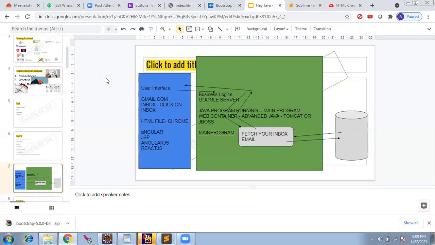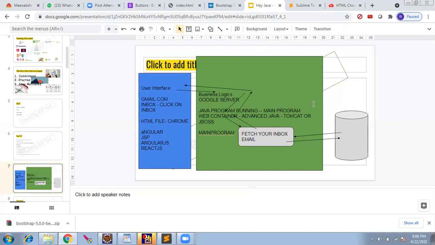Suppose you go to an ATM machine. The screen which you interact with in the machine is the user interface layer, the blue color. Whether to provide you the money or not depends on the business logic. As a user, you can type in even 10 lakhs in the machine, but you should have a sufficient amount in the bank and the transaction should be eligible. It should be within the limit. The money should be available in the ATM. We have all these conditions for one transaction, so we have to do these many checks. All of these will be done in the business logic layer. That is what we call business logic.